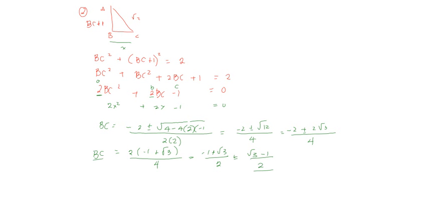We are asked to find sine A. So let us do it here. We can use SOHCAHTOA for sine A, where sine A equals the opposite, which is BC, over the hypotenuse, square root of 2. And our BC is square root of 3 minus 1 over 2, all over square root of 2. So this gives us square root of 3 minus 1 over 2 multiplied by the reciprocal of that, which is 1 over square root of 2. And now rationalizing by multiplying by square root of 2 over square root of 2, we shall have